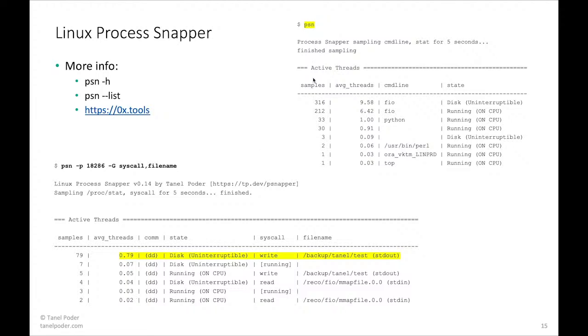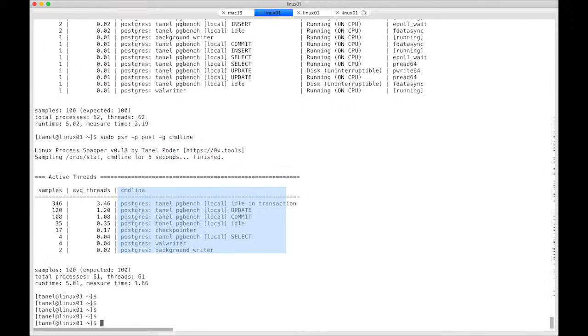Here's an example of running psnapper on just a specific PID, and you see it's a dd command, and it looks like it's bottlenecked on the target side. You see, 79% of time we were waiting for a system call against this file, right? I forgot to show the file name thing. You see, you can run